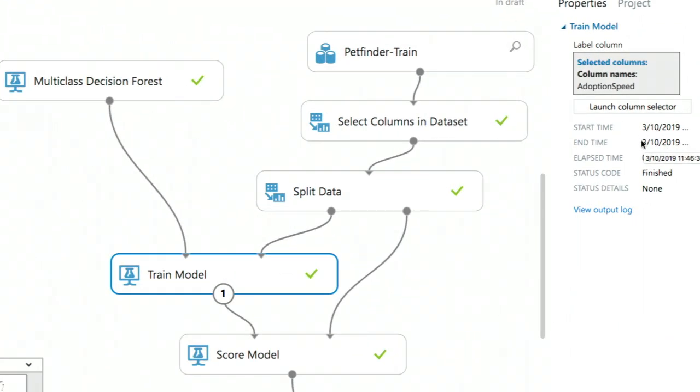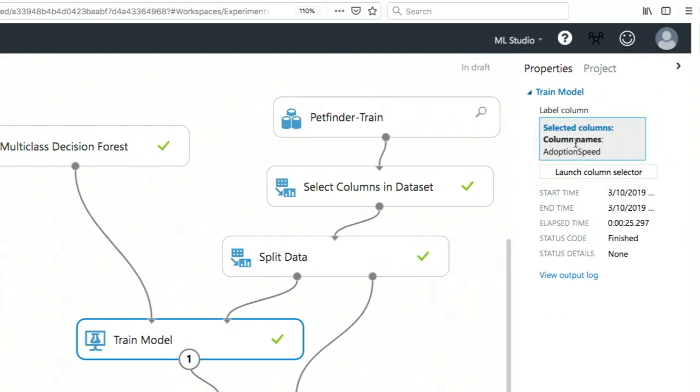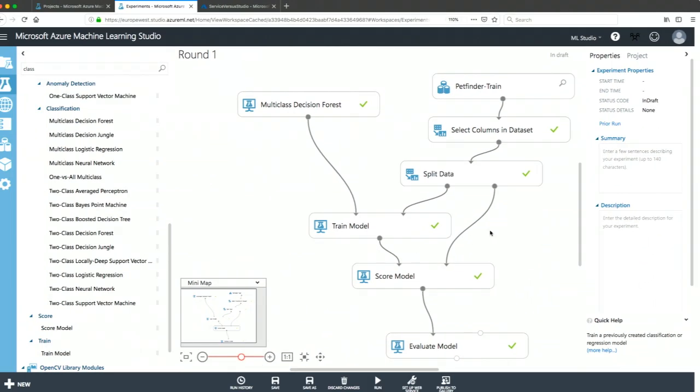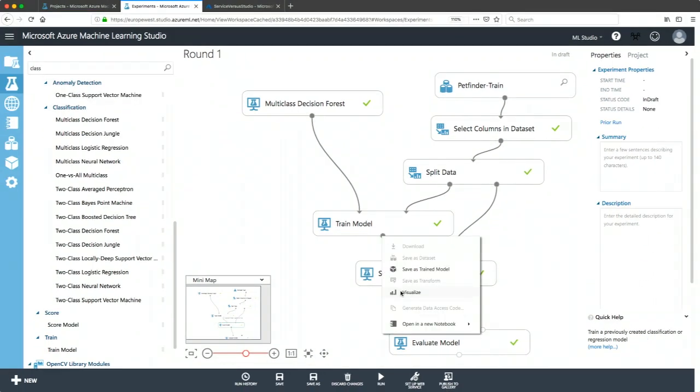And I'm connecting this to a part of the data set using the train model module, which gets the data set, the algorithm, and requires a column to know what it should be trained to predict. In this case, the adoption speed. And what we have out of this train model module, well, we have the trained model.